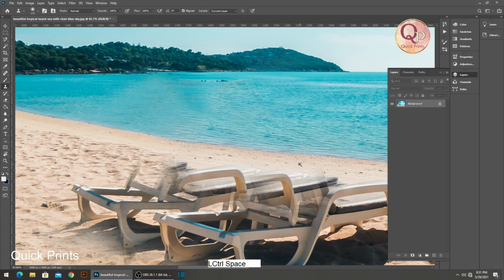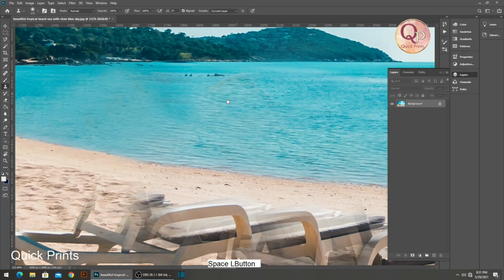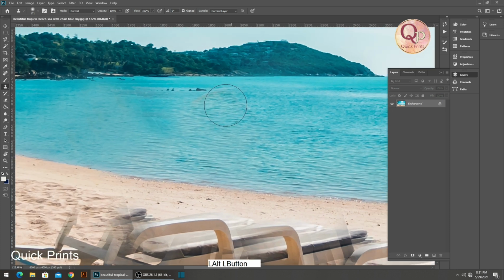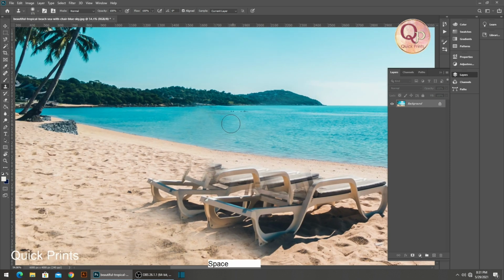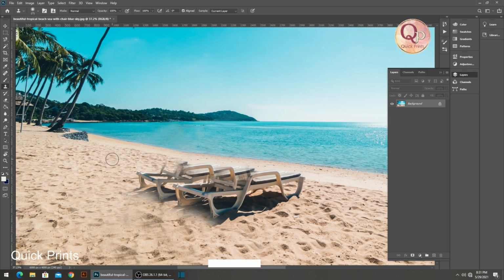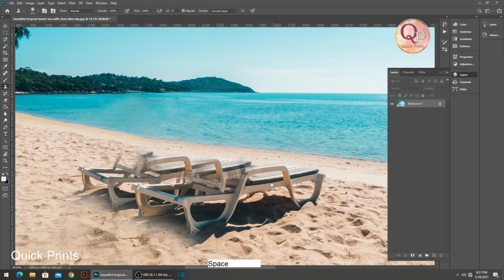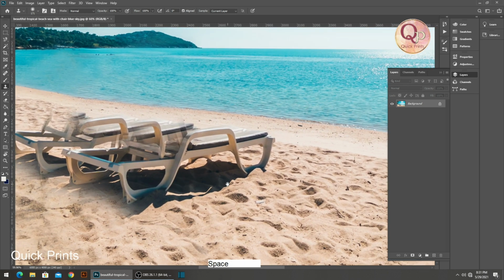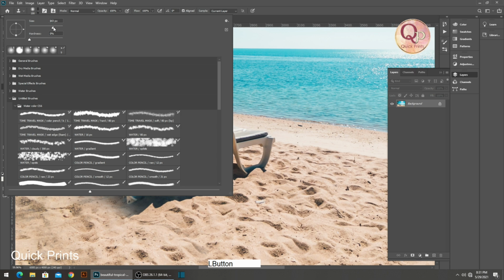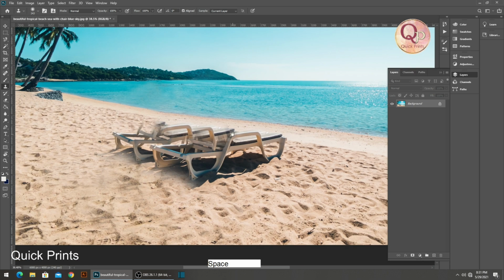So there is a slight impression of this. For that we need to, this is the edited part. Now we need to do this as well. For that let's do it. I need to increase the brush size here, right? And let's take this part.